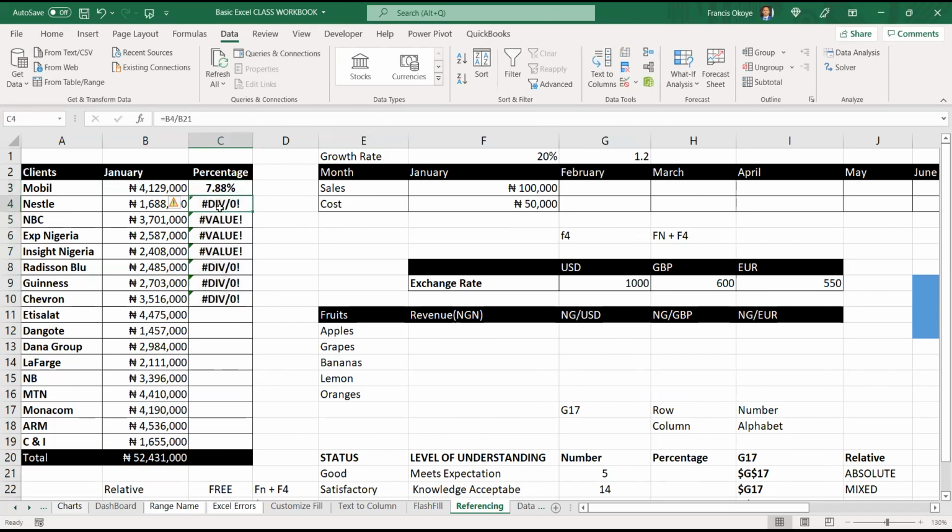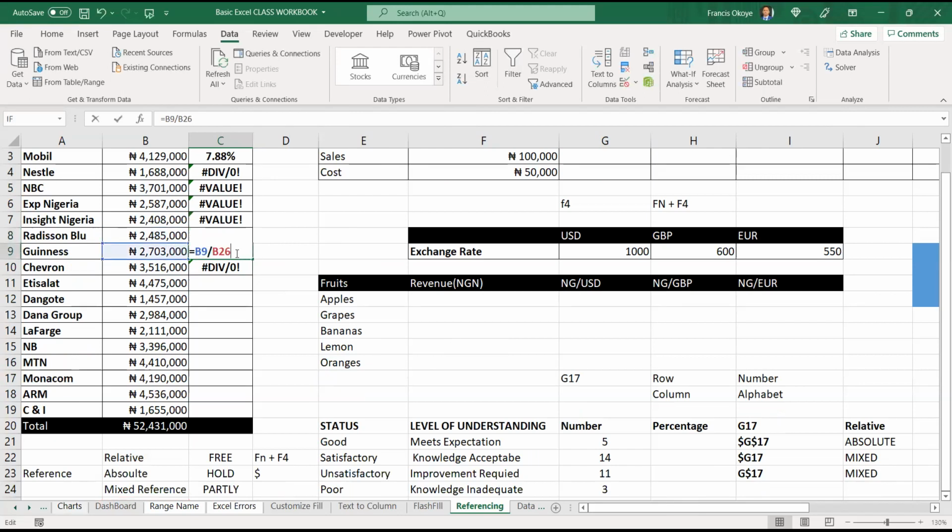What is this error? Division by zero, or by an empty cell. The row is moving down. Yes, what does this error tell you? There's no value in the row. That means you are dividing by an empty cell. Okay? So you are noticing that as I click now, can you see that it's going down? Are you noticing it? Yes. So that is relative. Can you see it's relative? It's moving up and down.